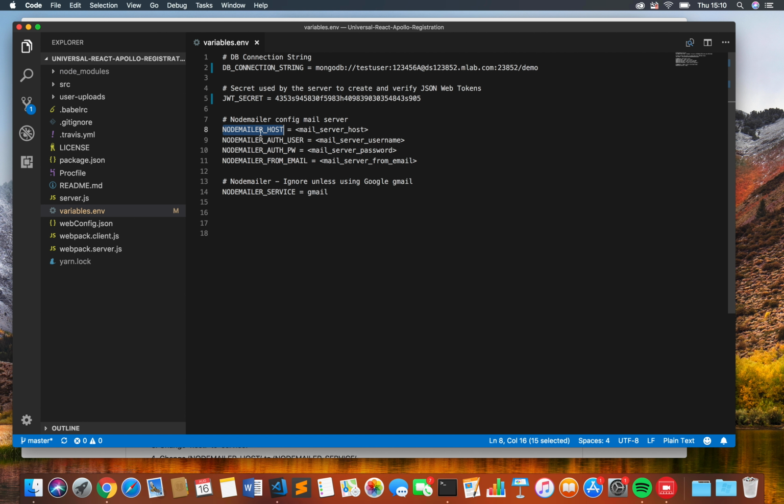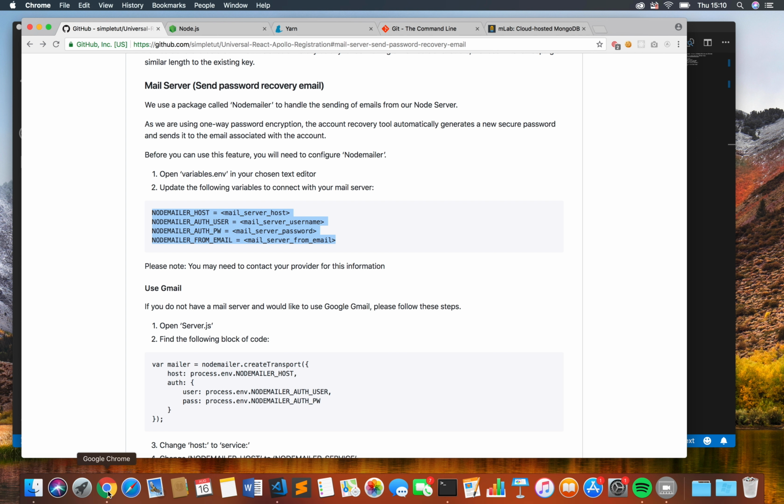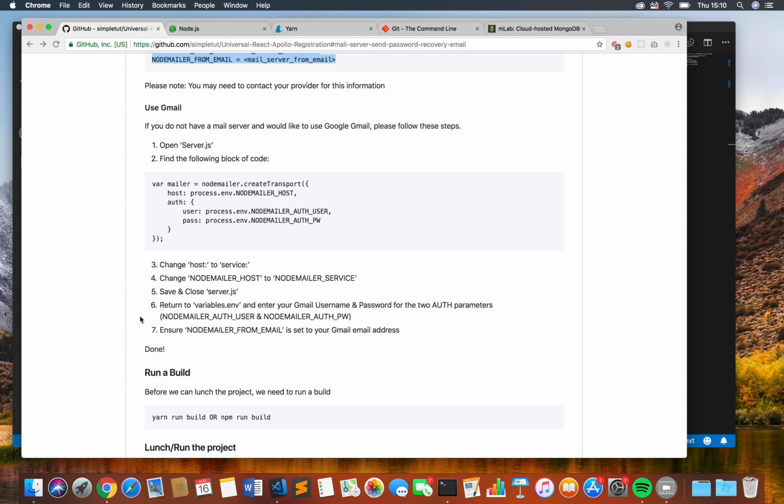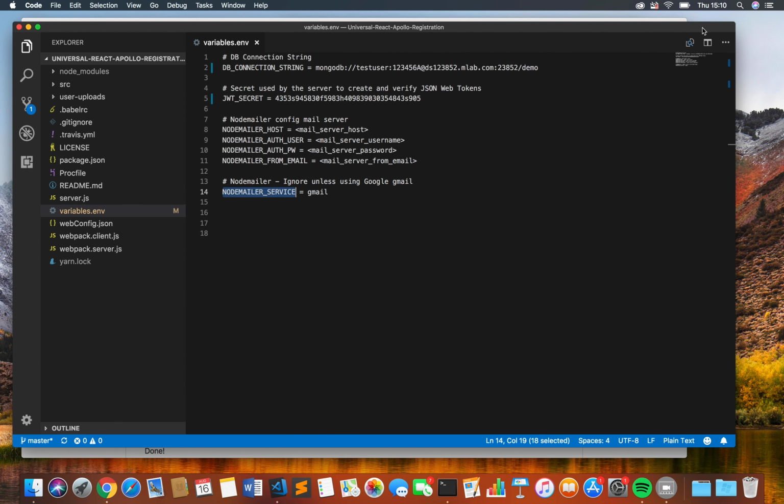If you do not know what this information is, then just go to your provider, whether it is your web host or whatever provider that you're using. If you're using Gmail, then just create a Gmail account and follow along with our documentation to set that up. But all you have to do effectively is enter your username and password and your from